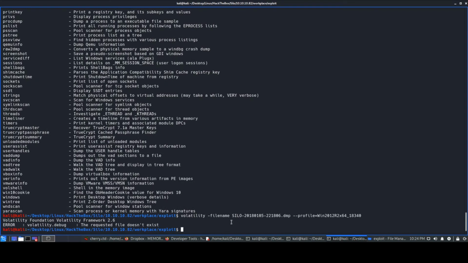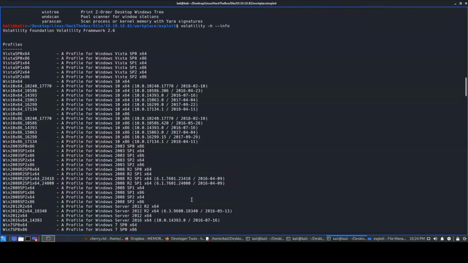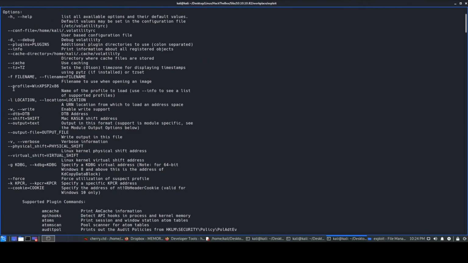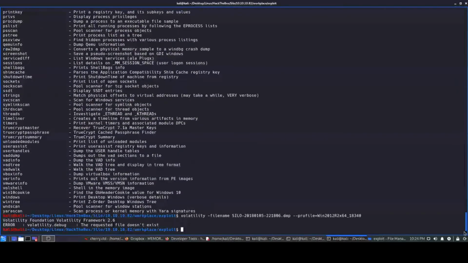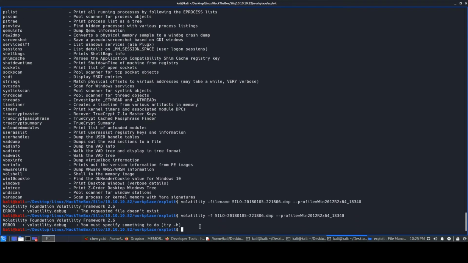Says requested file does not exist. Okay, let's just look into it. So I think we had to give an F switch, that's it. Okay, so now it says you must specify something to do. So obviously if we just look at volatility over here, and let's just do this thing with the -h switch,